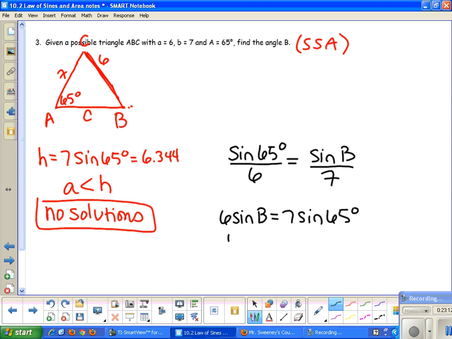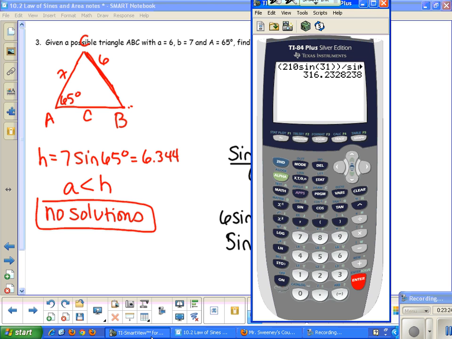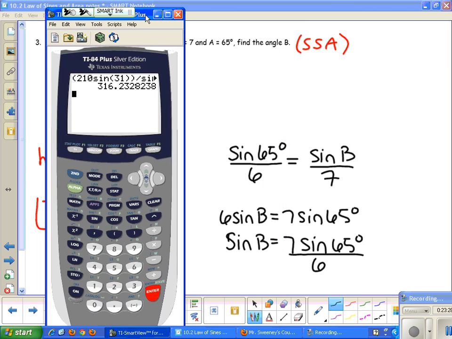So if I solve for the sine of B, the sine of B is equal to 7 times the sine of 65 degrees over 6. Then I'm going to plug this into my calculator. So 7 times the sine of 65